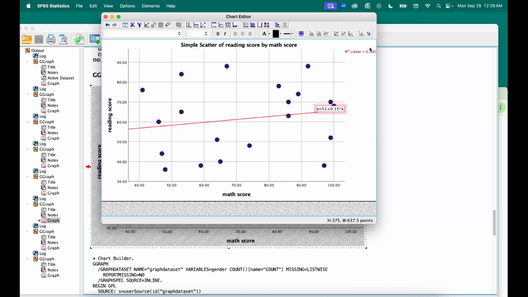It'll also add this R squared. Basically, this statistic is just telling us the amount of variability accounted for by this model. So by this fit line or regression equation, it accounts for this amount of variability in the model, which is typically communicated as a percent. So this would be around 3% of the variability in our data is accounted for by this regression model,